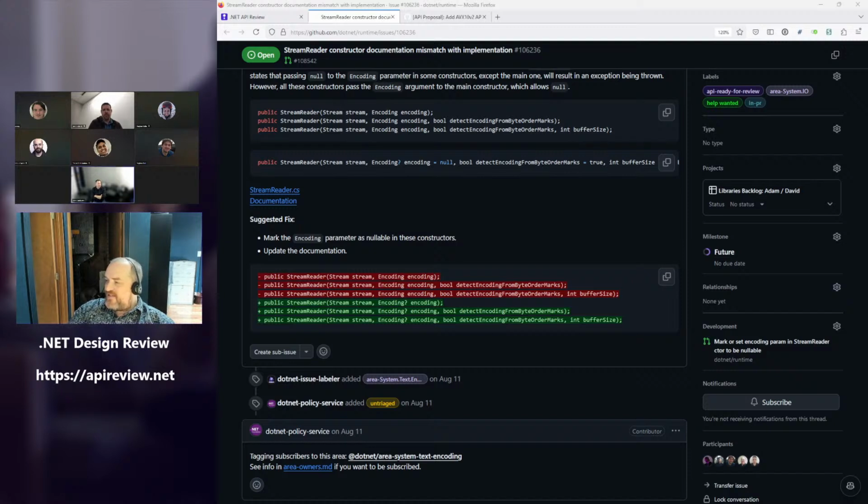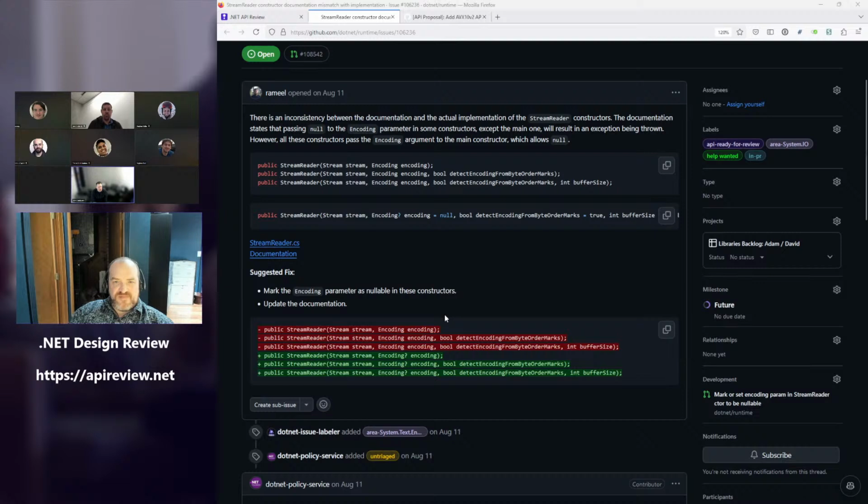This was changed in 3.x. I'm looking through the history. Oh yeah, so the justification was, I believe, that a relatively common need is to set leave open to true while keeping encoding and buffer size at their default values. That's right, it was leave open. That was the justification for this change. And that doesn't apply for StreamReader, apparently, which is weird. So if you use StreamReader, it will always close it, I guess. Well, sorry, that was the justification for StreamWriter, and StreamReader, I guess, just got pulled into the same change.